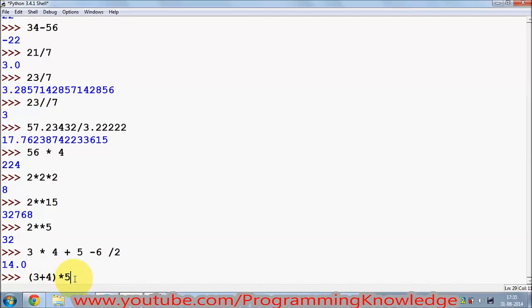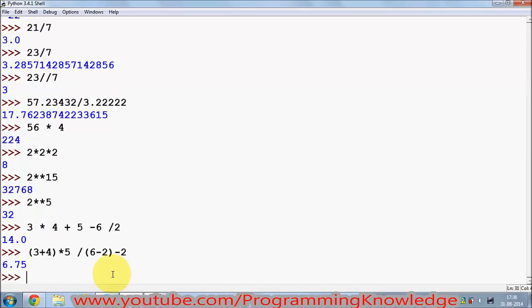So for example, I want to do something like this: divide by 6 minus 2, then the parentheses priority will be the first, and then the multiplication, and then the division, and if you have some subtraction, then this will happen at the last. Okay,